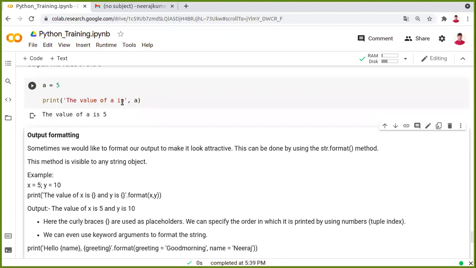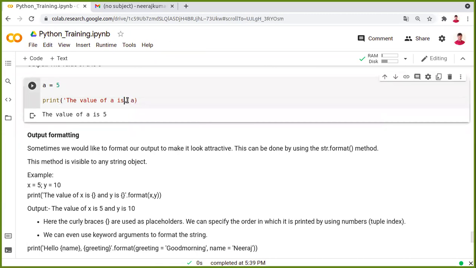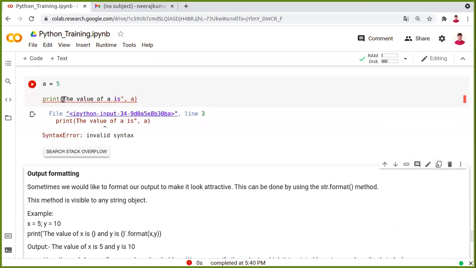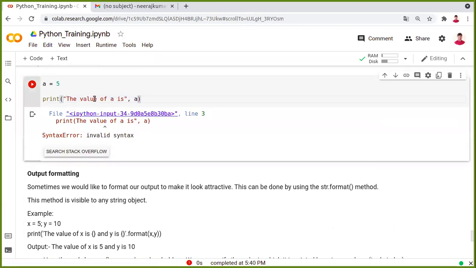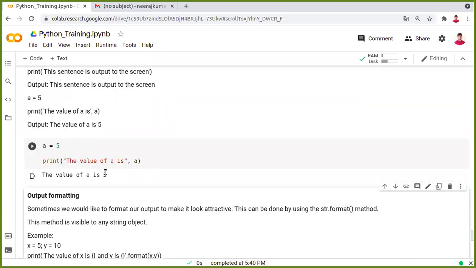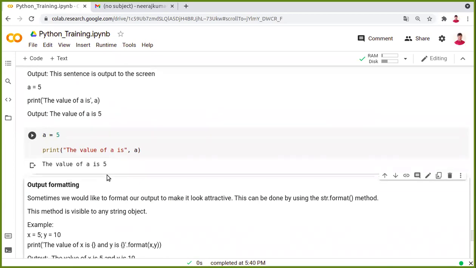The value of a is 5, the following statement is written in the quotation. You can use either single quotation or double quotation. Double quotation will give the same output. There will not be any difference. The value of a is 5. So far we